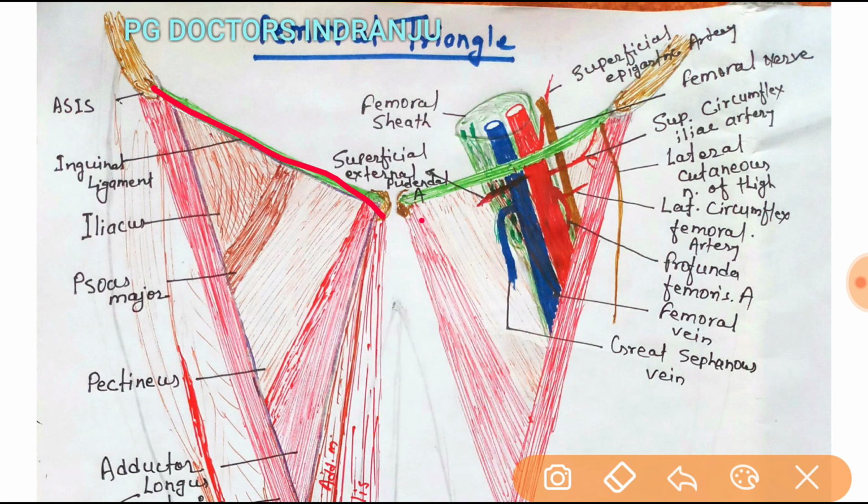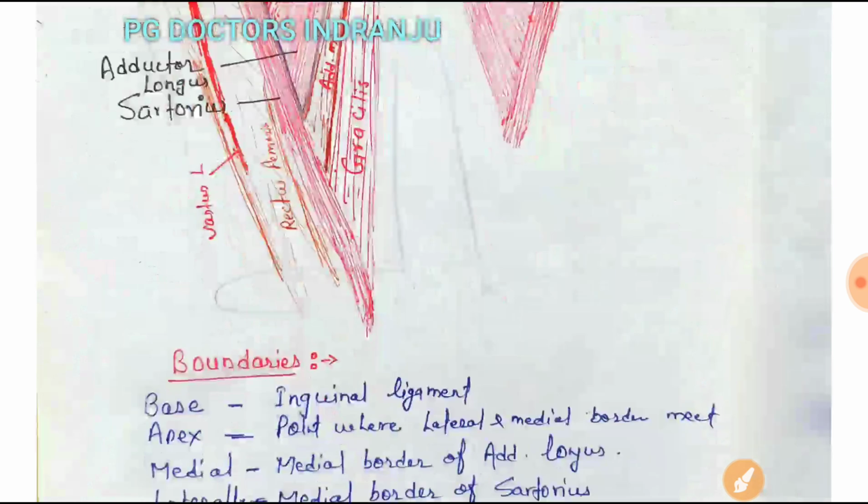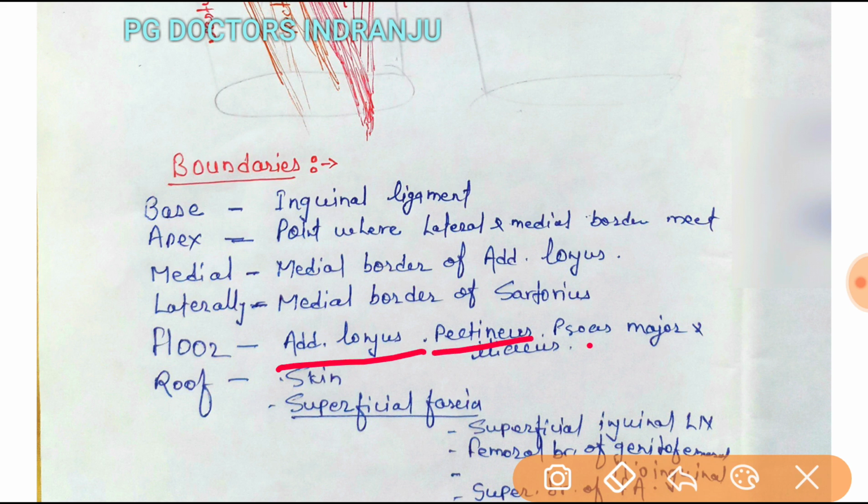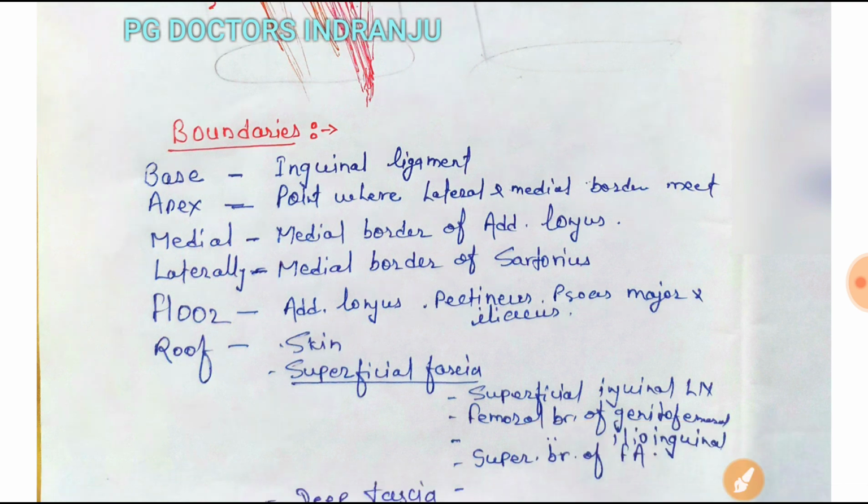I already told you this is the medial boundary and this is the lateral boundary. And the floor is formed by adductor longus, pectineus, psoas major and iliacus, and the roof is formed by the skin,